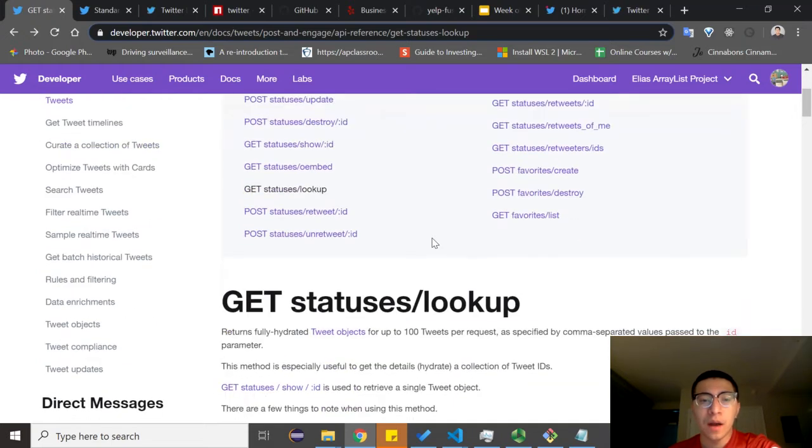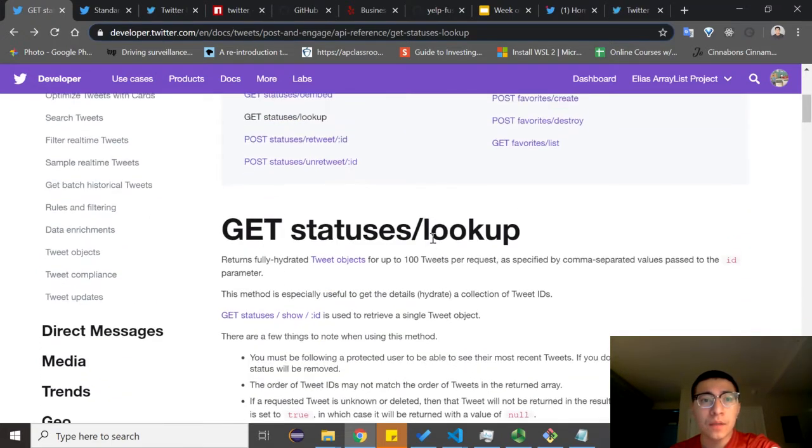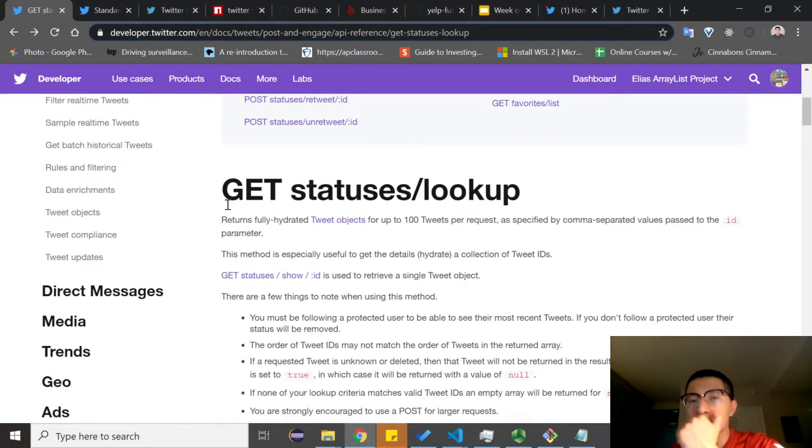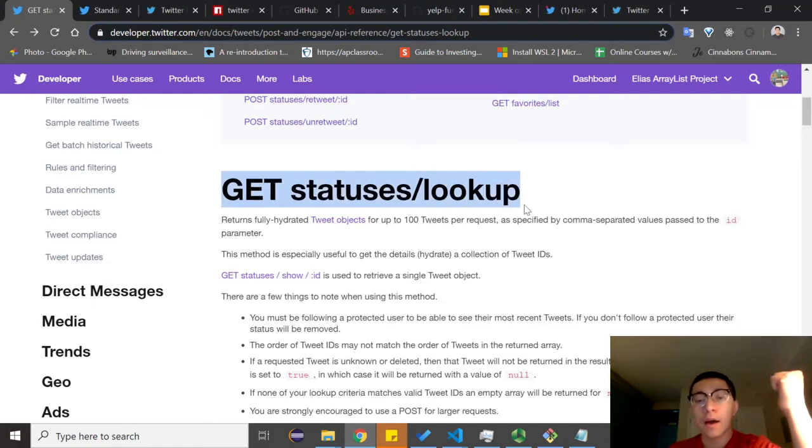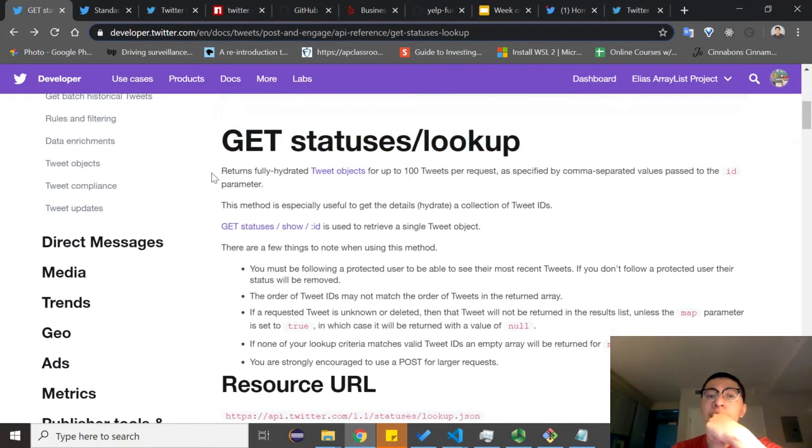And so, let's go through this example first, since I already have this tab open right now. We're gonna use get, and the path that we're gonna be using, in other words, the service that we're gonna be using, is status lookup. And so status lookup is essentially going to be that path, that first parameter that we're going to use in our get request. So we can read through here, and I'm not going to read through all of it right